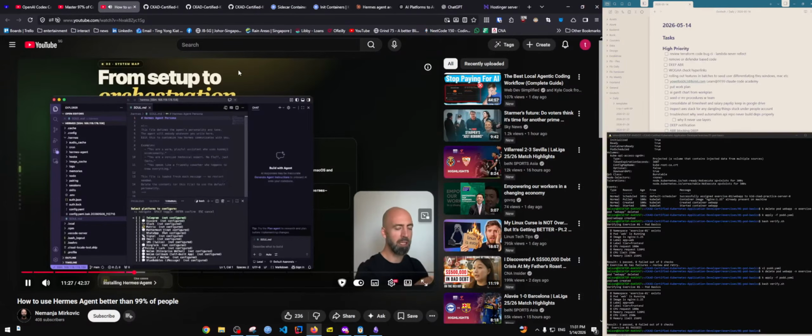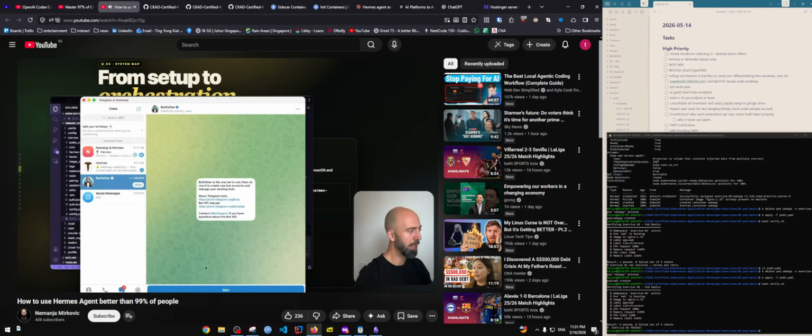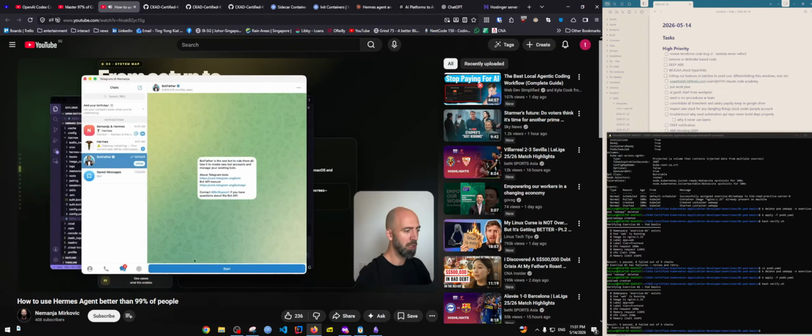Once you connect Telegram, you can just ask your agent to help you set up Discord. So it's as easy as that. So let's select Telegram here, and I'll pull up Telegram here, and what you basically need to do is go to BotFather, just find